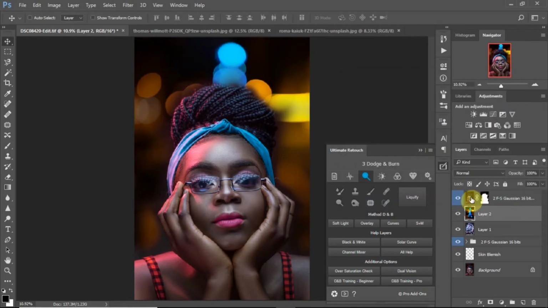Just before we do that, one more change is to go to the camera raw, Ctrl Shift A, hit Ctrl Shift A, and for this particular step, what I want to do is to blend the